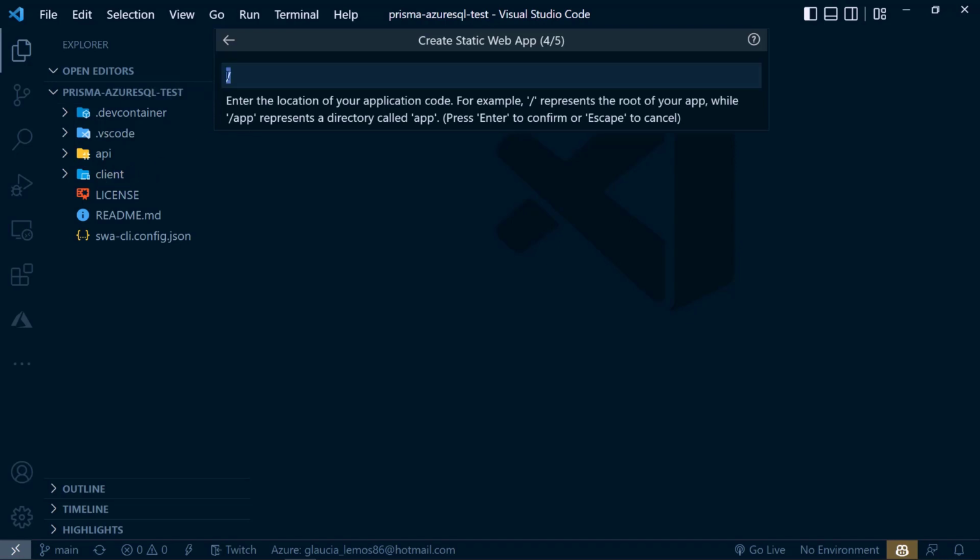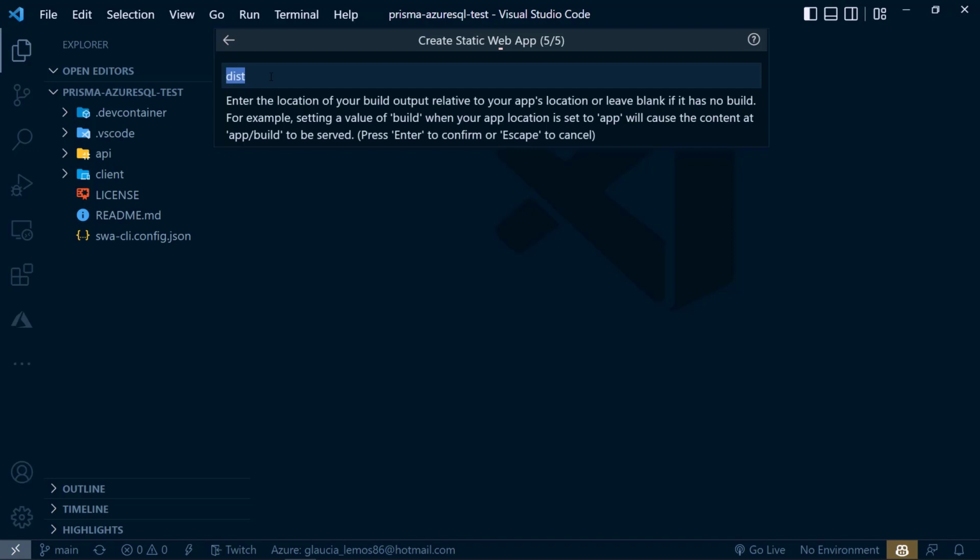So let's include /client, enter. Here I also chose Vue.js as the framework. They are telling me here, look Glaucia, you are using Vue.js. So the artifact folder is dist.